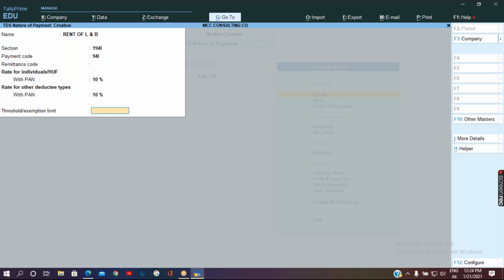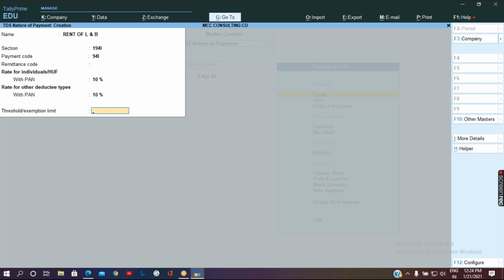As per the income tax department, up to April 2019, that is 31st March 2019, it was 1,80,000. That means for the whole financial year, if you are paying the rent and the total sum comes lesser than 1,80,000, then you are not supposed to deduct the TDS for that owner.